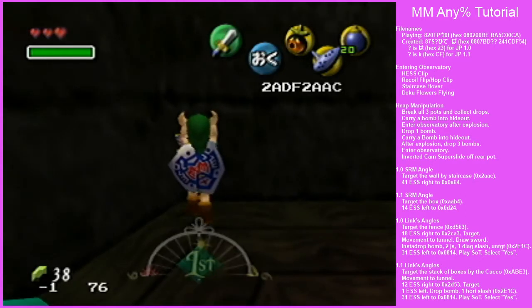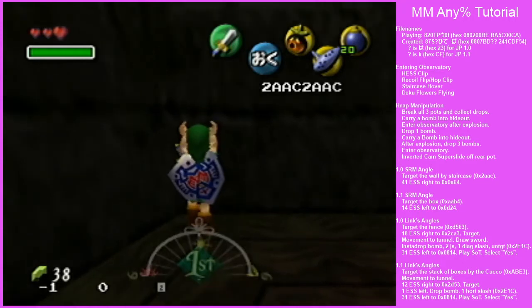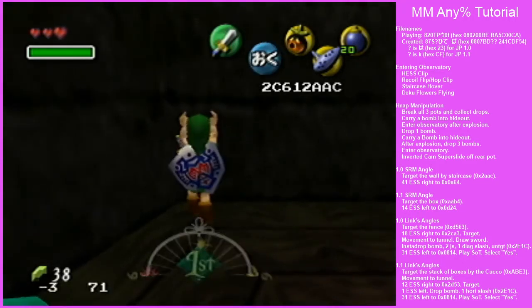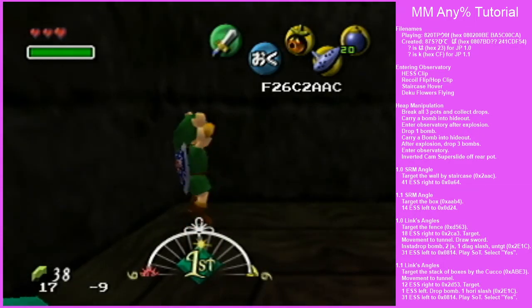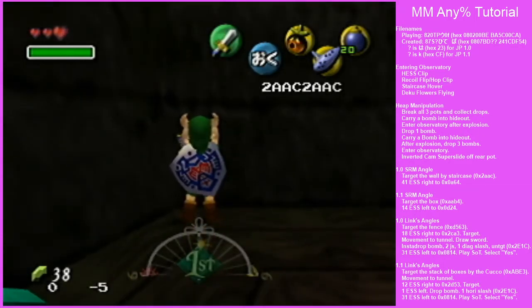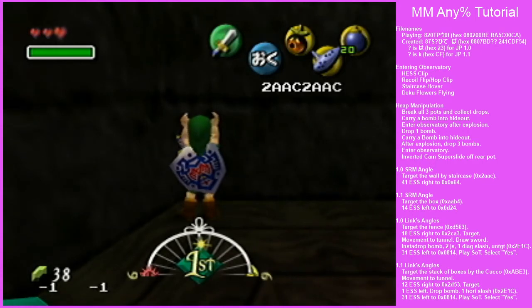And notice how it's a different value every single time. I mean, it wouldn't be if I was on Wii. It would be the same value. It's just because N64 doesn't zero the notches. But regardless, it's not a value that we want, because when we do ESS, notice that the value is 2